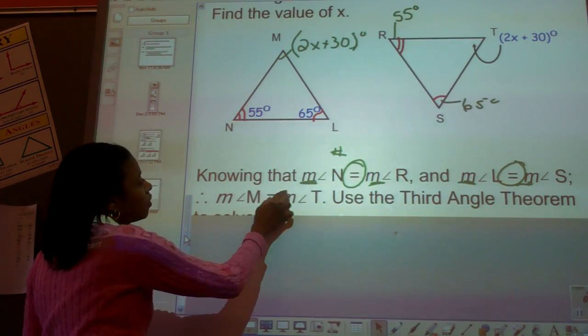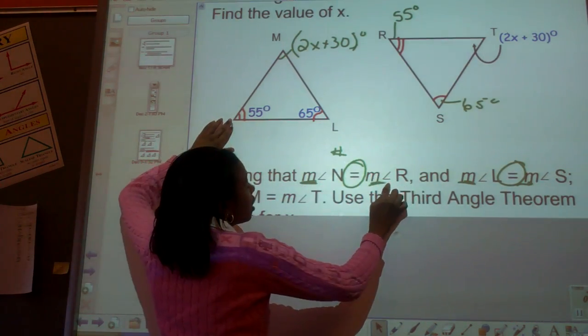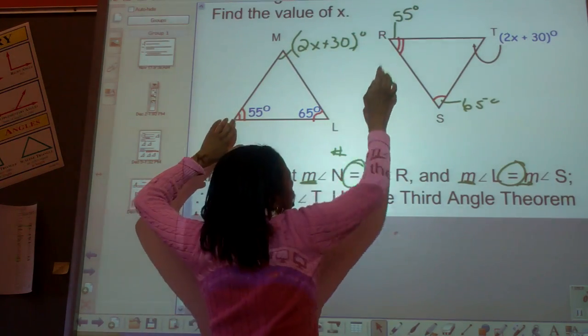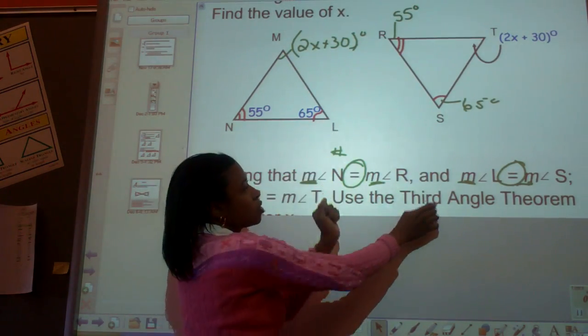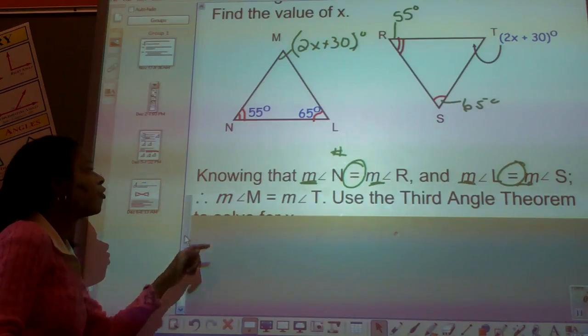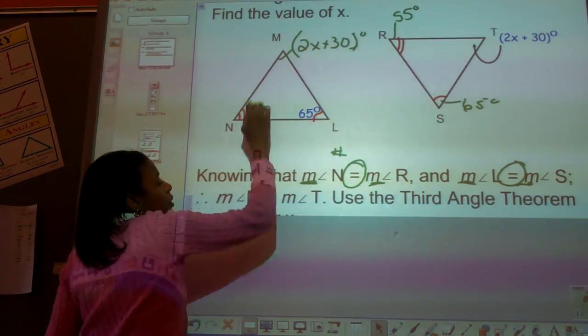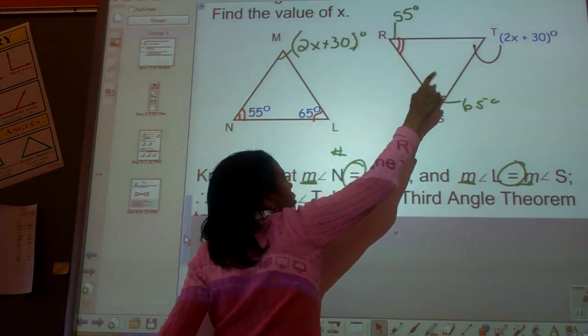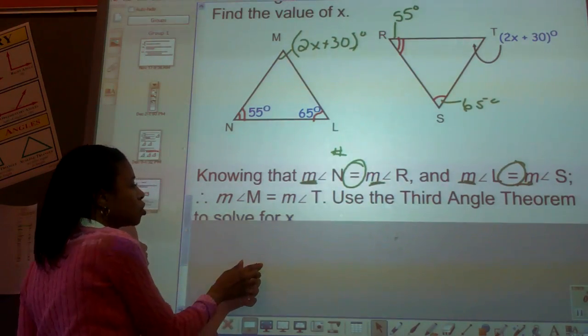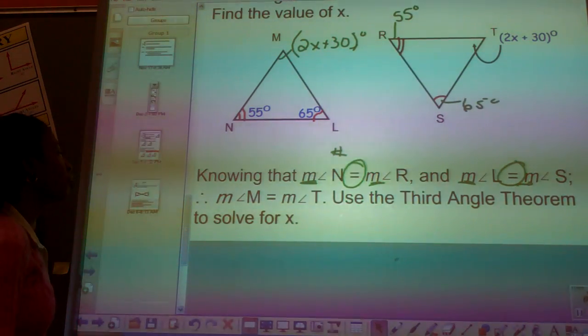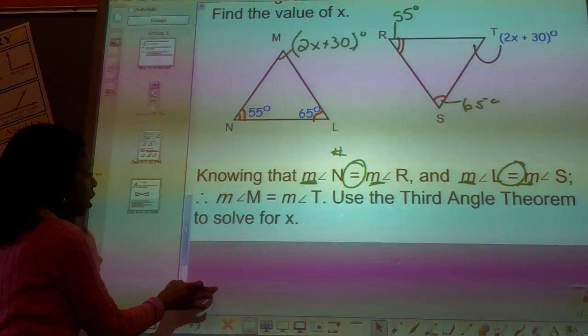Okay? Knowing that the measure of angle N is equal to the measure of angle R, and the measure of angle L is equal to the measure of angle S, therefore, that means that the measure of angle M is equal to the measure of angle T over there in the corner. We can use the triangle angle theorem to solve for x. And to do that,